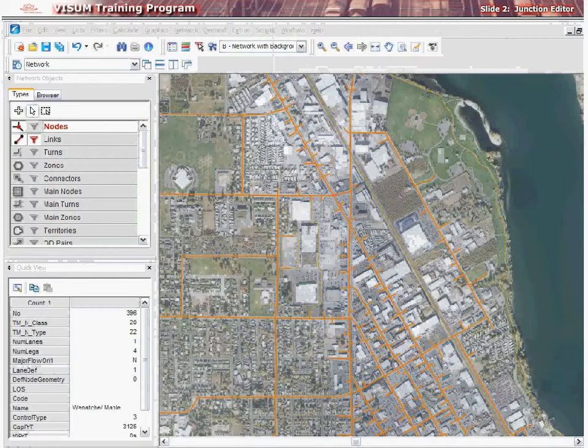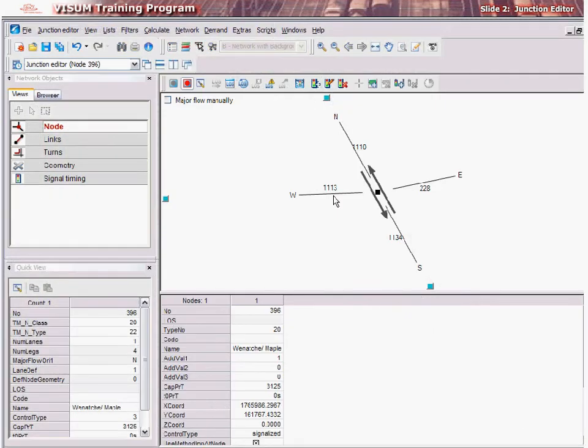The Junction editor is activated by double-clicking on a node. A new window will open in vZoom and the network's object on the left will change. Since the Junction editor is a window, it can be viewed side by side with the network or listings, for